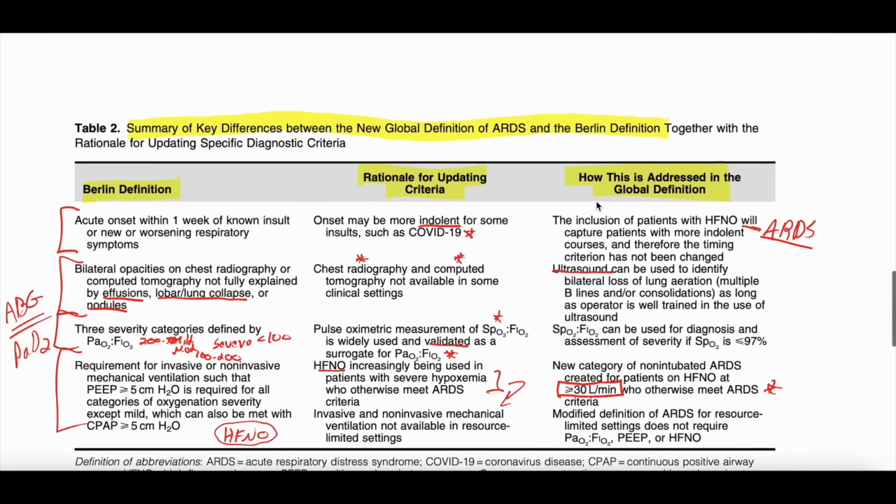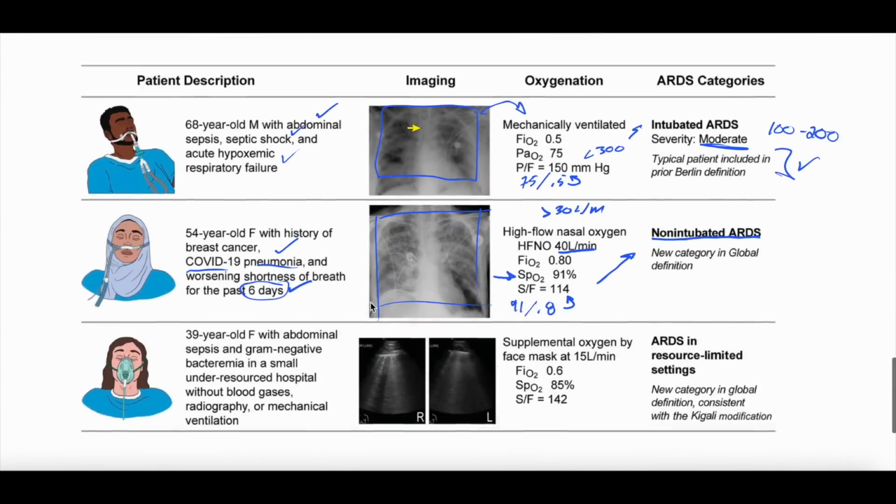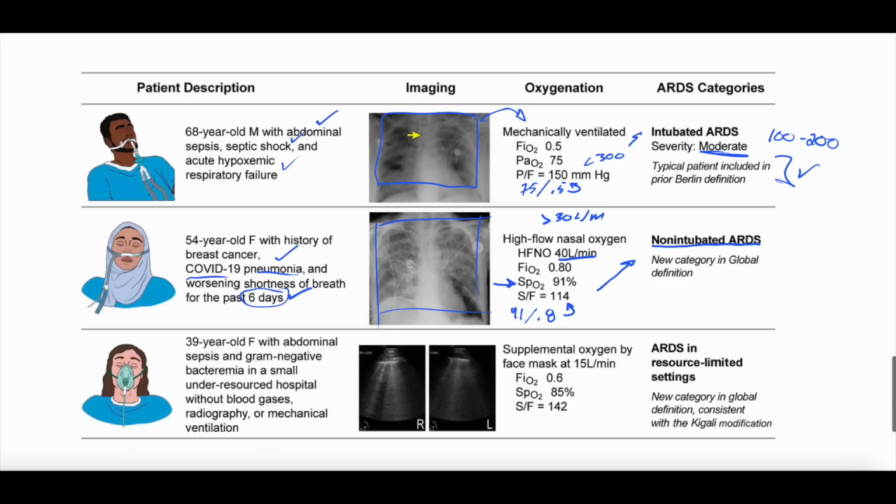If we go up here, non-intubated ARDS, and I'll erase all of my scribbles just so you can see it better, right? This fits. The patient is on high flow at greater than 30 liters per minute, all right? Their SpO2 to FiO2 ratio is less than 315. And if you were to give it a severity, you would run into the issue where severities are only mostly present for intubated ARDS, right? So it's hard to do severities for non-intubated ARDS. It's not part of the diagnostic criteria. But what you can say is the patient does fit criteria for ARDS based on the new global definition.